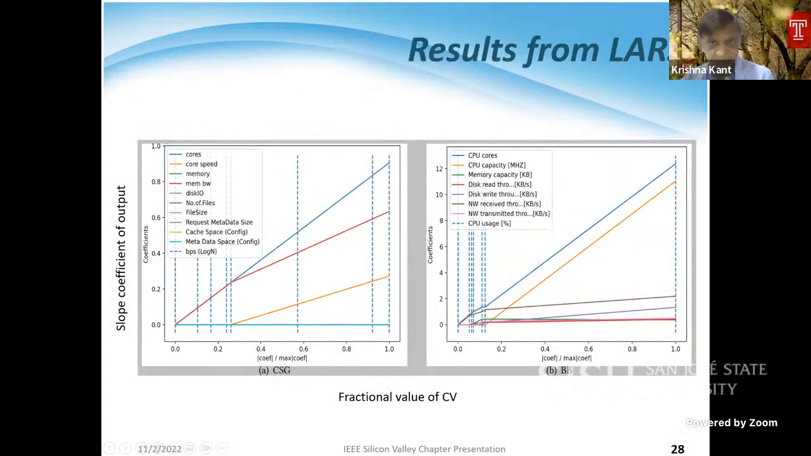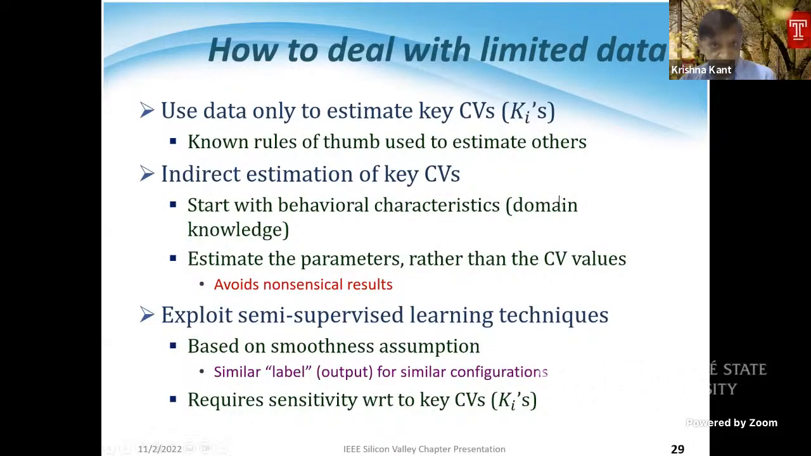There's another representation of that using Lars, basically saying that, this is for the CSG, this is for BitBrains, there are only some of these parameters which are important in determining the output. Everything else is irrelevant. And these are totally wrong and misleading results. Okay, so we cannot blindly use